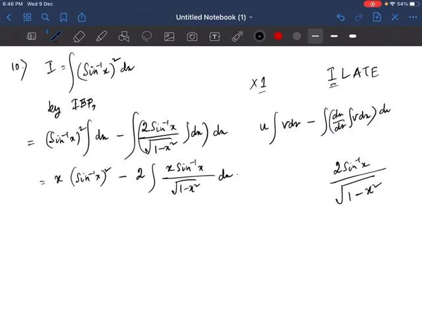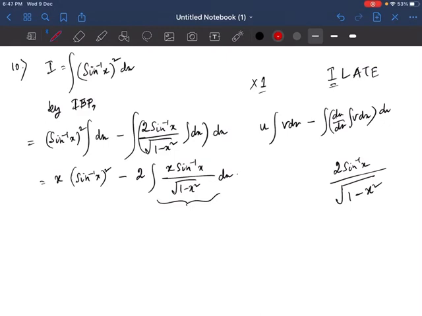So now look clearly. Now again, we have to integrate this function. How are we going to do it? We have x sine inverse x divided by root over of 1 minus x square. If I look carefully, the integration of x by root over 1 minus x square can easily be done. How? If I take 1 minus x square as t, then we can do it. But integration of sine inverse x can also be easily done, right?